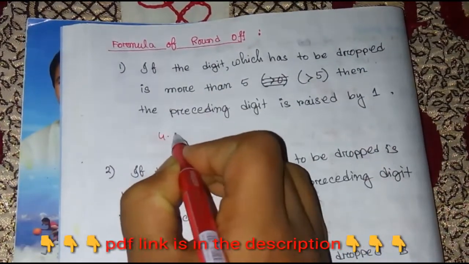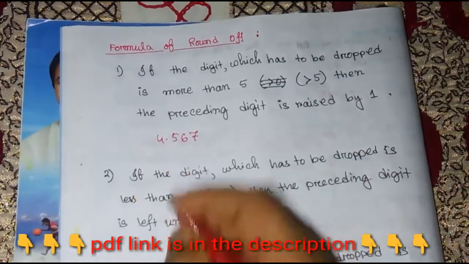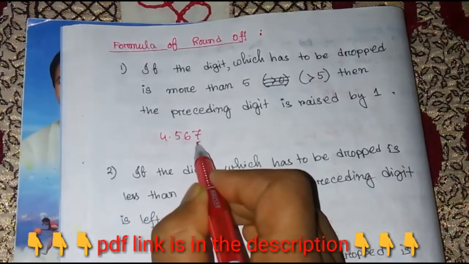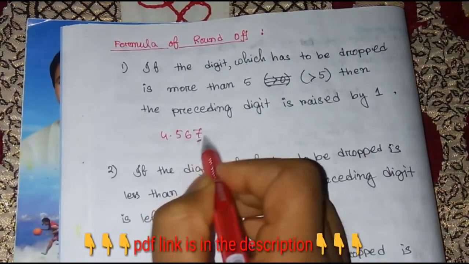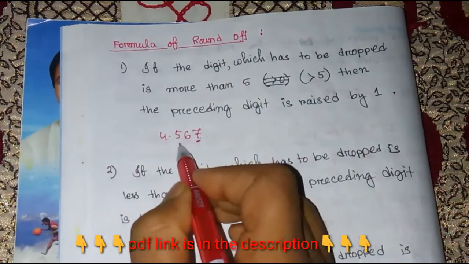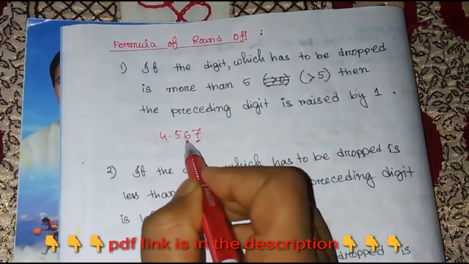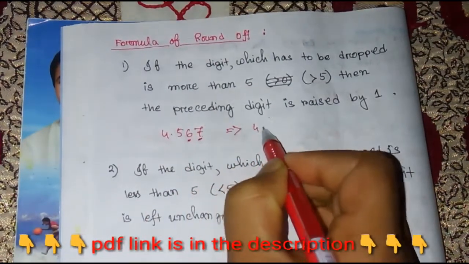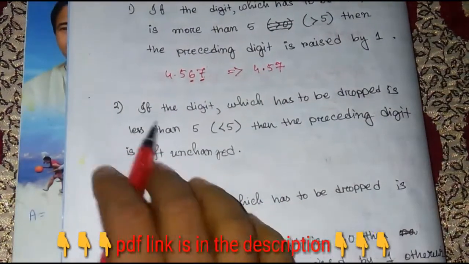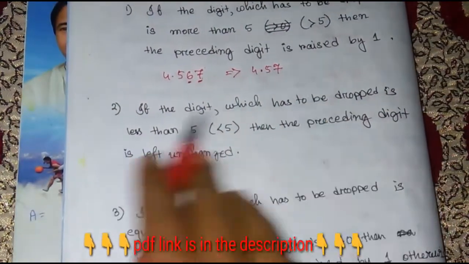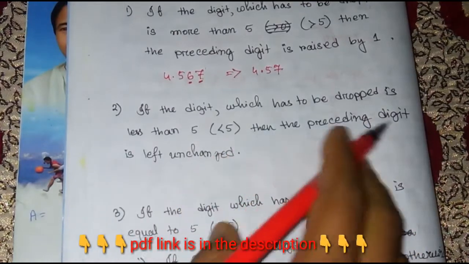Suppose a number is 4.567. If we want to drop this 7, as this is greater than 5, we have to raise the preceding digit by 1. So we have to write 4.57. Okay, understood? Next, if the digit which has to be dropped is less than 5, then the preceding